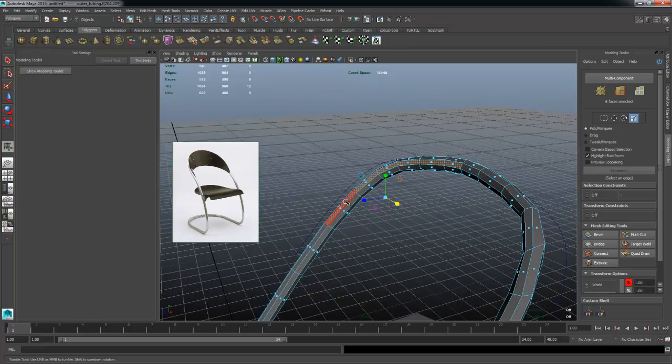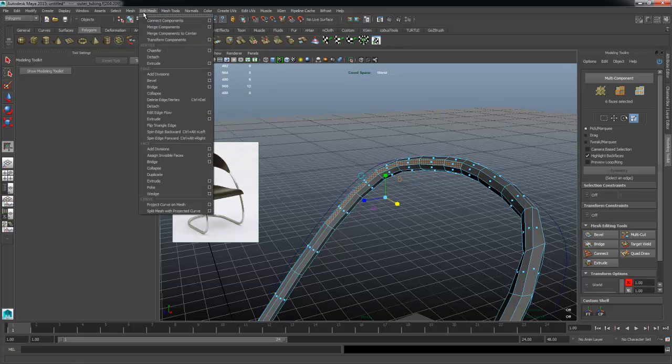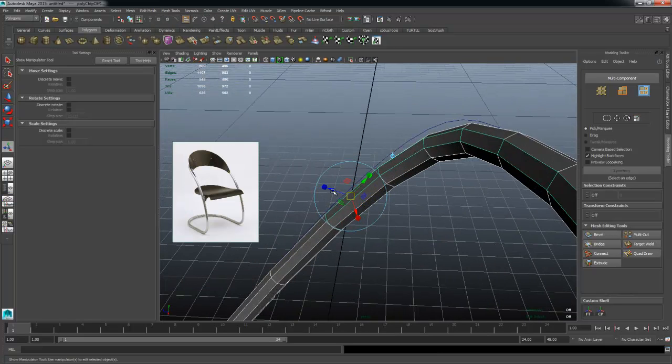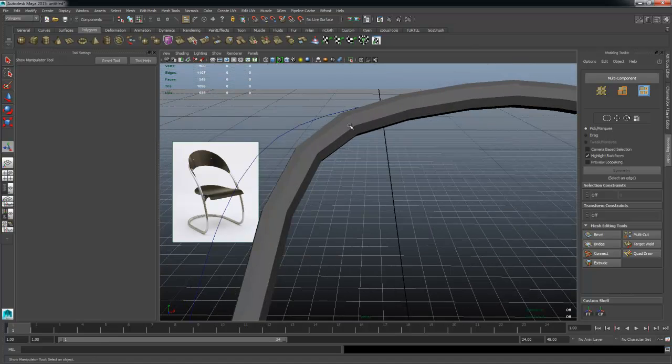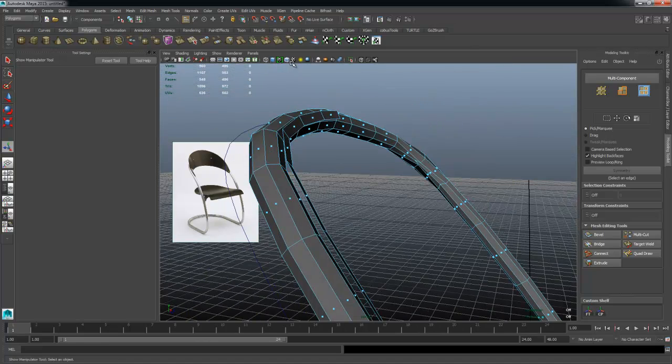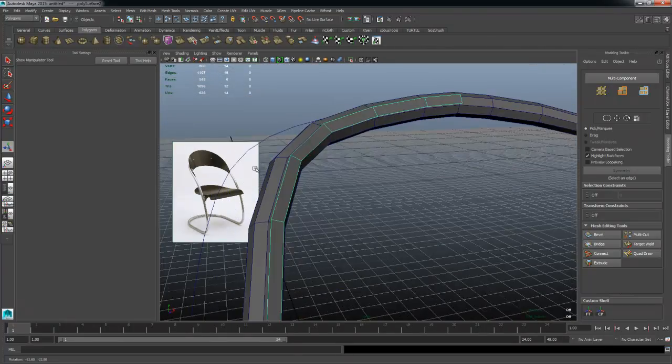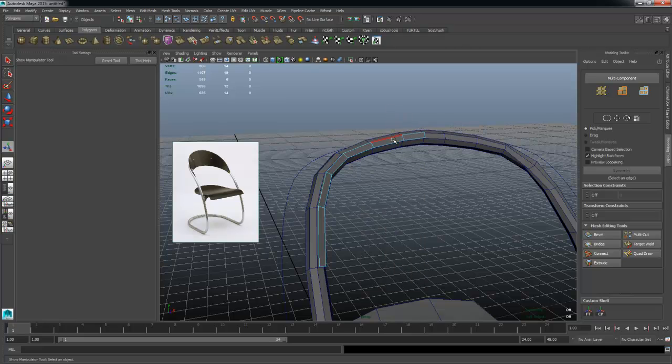With those faces selected, I'm going to show you guys how we can do an edge extrusion, but instead of just extruding the edge of the face, I'm actually going to create a brand new copy of the existing faces using the duplicate face tool. This will allow me to generate a brand new set of faces. Just go to wireframe and shade it, so it's easier to see. And then I can use that to then kind of pull out the edges